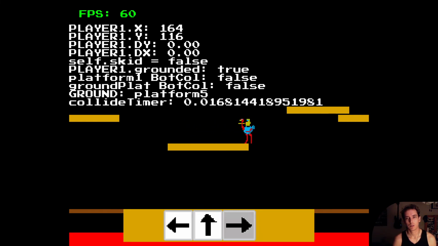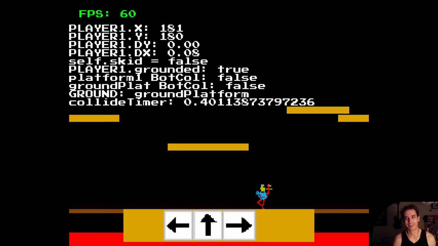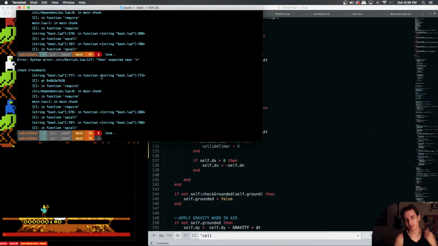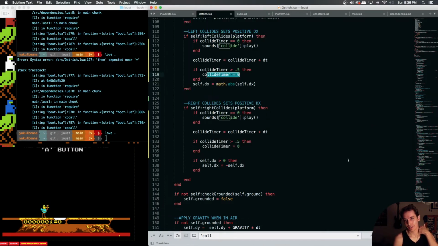See, collide timer's working differently than I expected, but it makes perfect sense. So see, it didn't play the sound there because collide timer wasn't 0. And we're only resetting collide timer to 0 upon